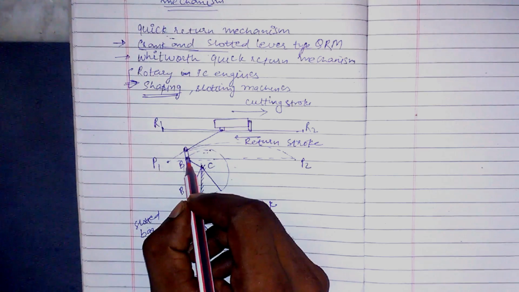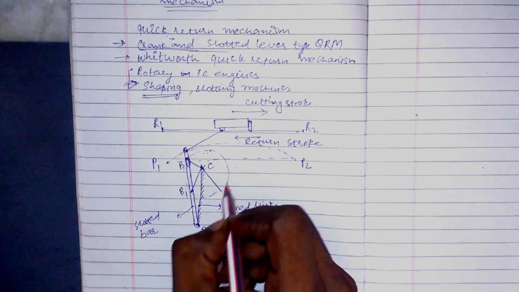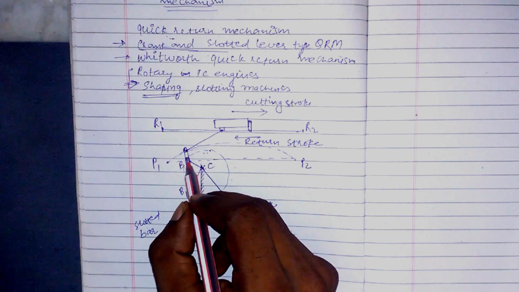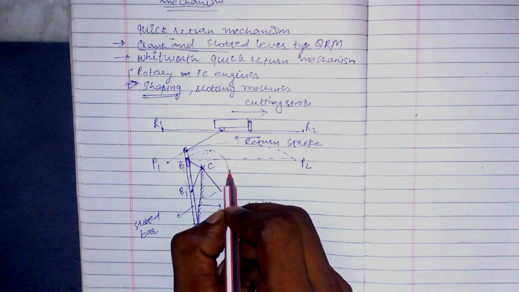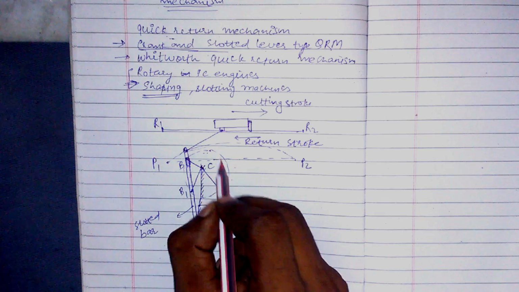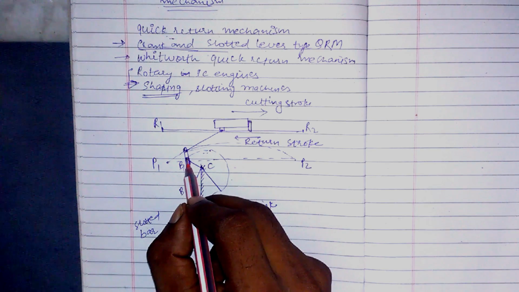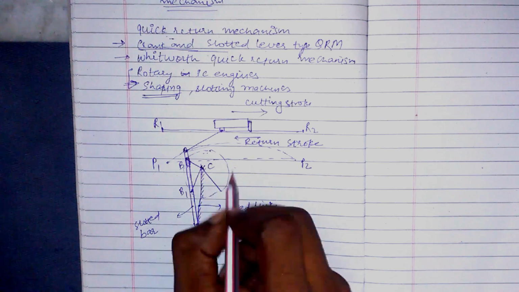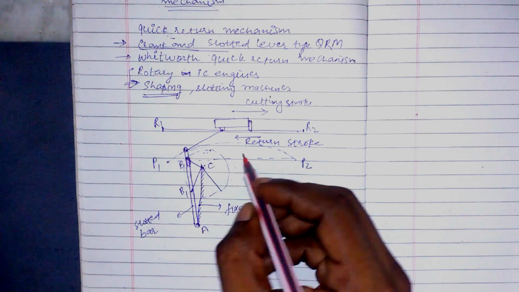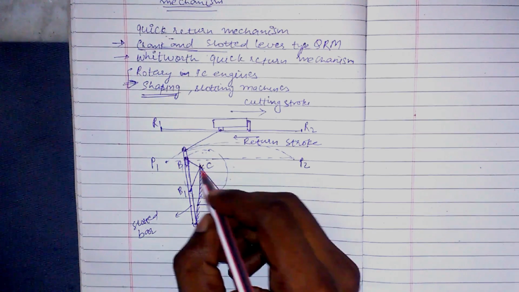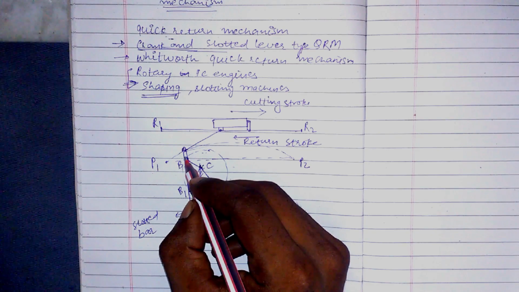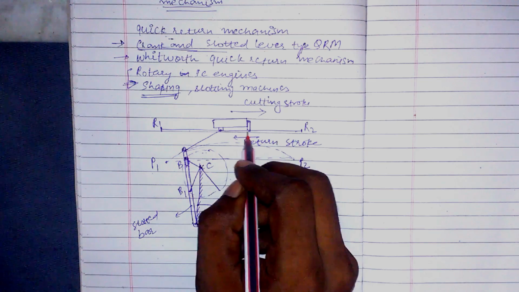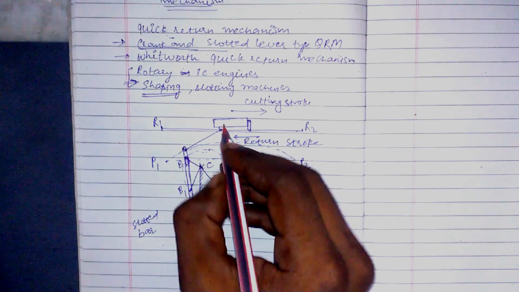So here CB acts as a crank. When it rotates, the slider rotates with this slotted bar, and due to that it moves in a circle, and it will move downward and upward while moving clockwise or anti-clockwise. Due to its sliding in this slotted bar, there is a reciprocating motion that we obtain in this tool bar or ram.